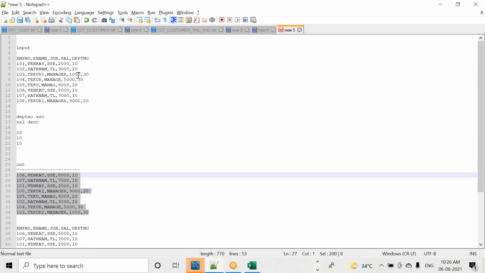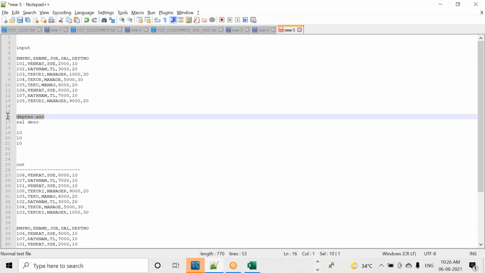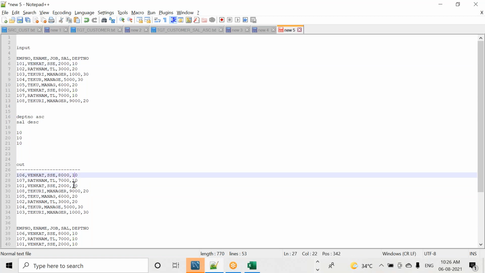First, we go for the primary sorting column. I have multiple values, so then I go for the salary descending order. Is it clear now, team, how to sort the 2 key columns? By using the sort, I can sort a single column and multiple columns.